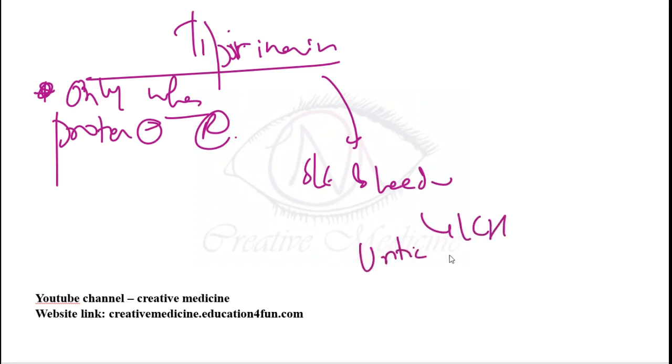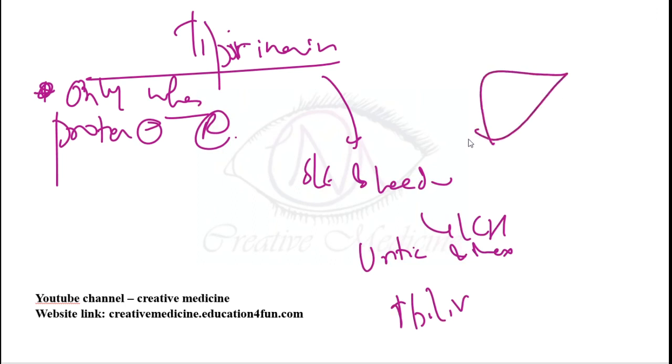It also results in urticarial and maculopapular rash, and you will see hyperbilirubinemia with tipranavir. With the rash, hepatotoxicity will be seen, and this is about tipranavir. So tipranavir is used only when other protease inhibitors are resistant. It causes side effects like bleeding risk, intracranial hemorrhage, urticarial, maculopapular rash. It causes hepatotoxicity, and it is the only non-peptide protease inhibitor.